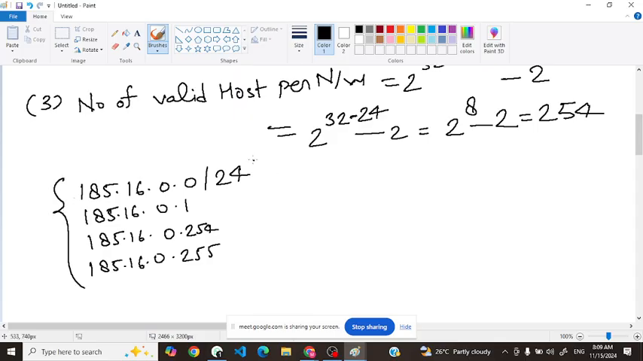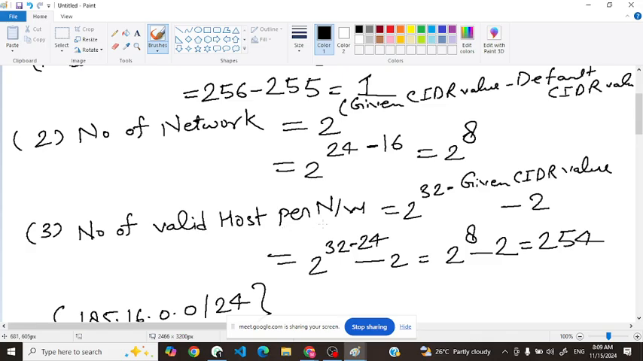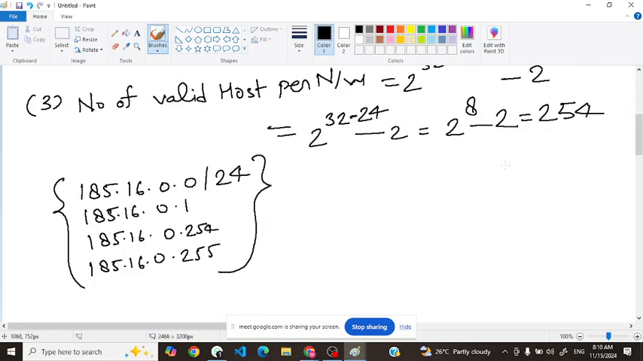This one is a single network. But how many networks can we make? We can make 2 to the power 8 networks. In each network, we can go up to 254. Then we increase the value by 1, so the next network will be